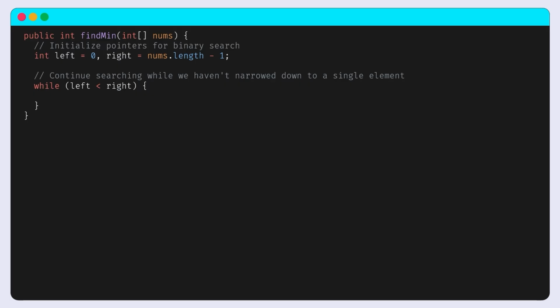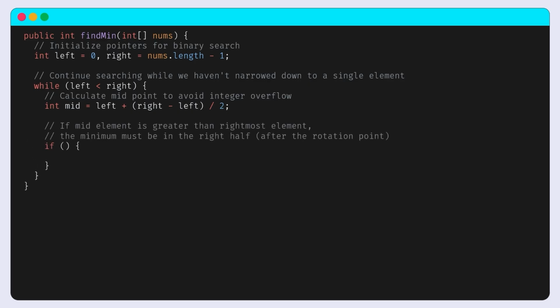Inside the loop, we calculate the midpoint using left plus right minus left by 2. This approach avoids potential integer overflow that could occur with left plus right by 2. Now comes the key decision, determining which half of the array to search. So we compare nums at the index of mid with nums at the index of right. If nums at the index of mid is greater than nums at the index of right, the minimum must be in the right half. So we move left to mid plus 1,